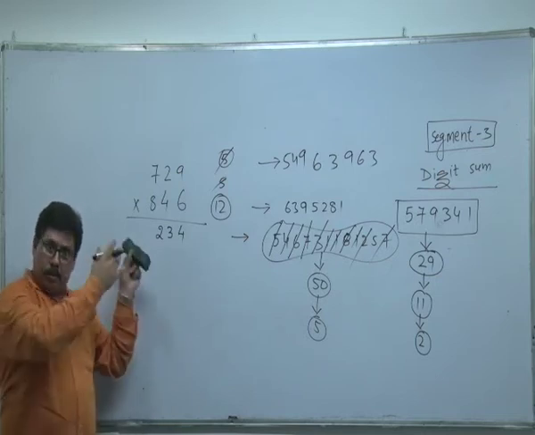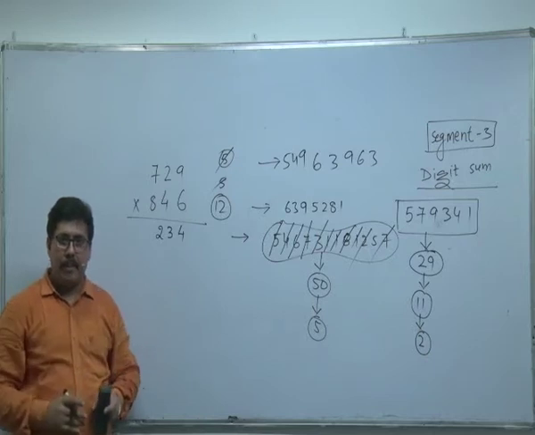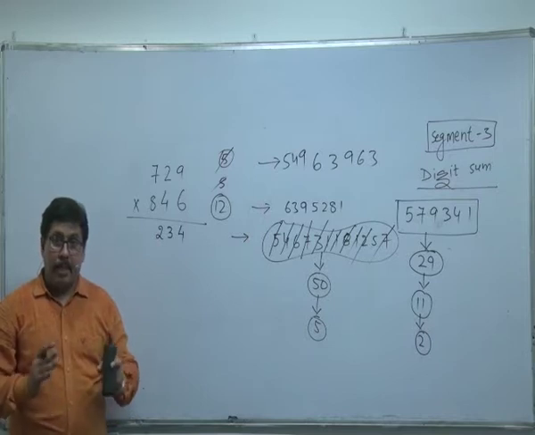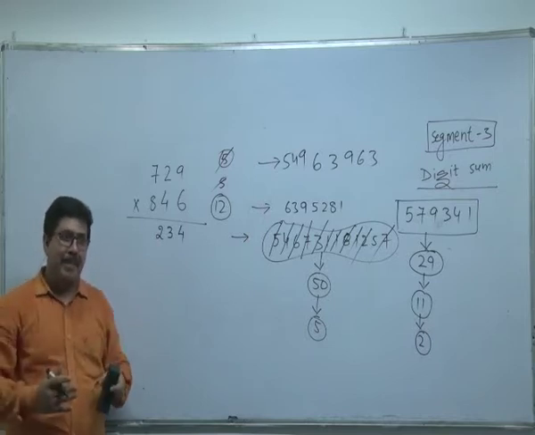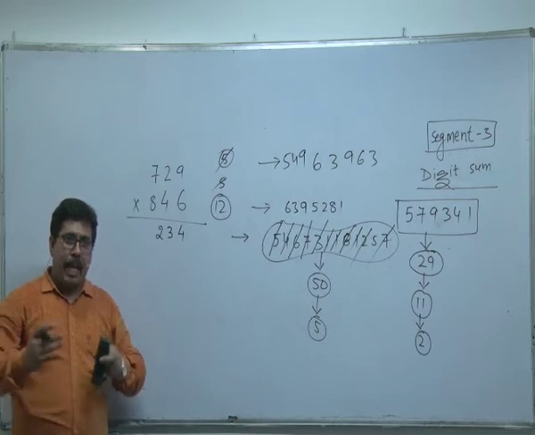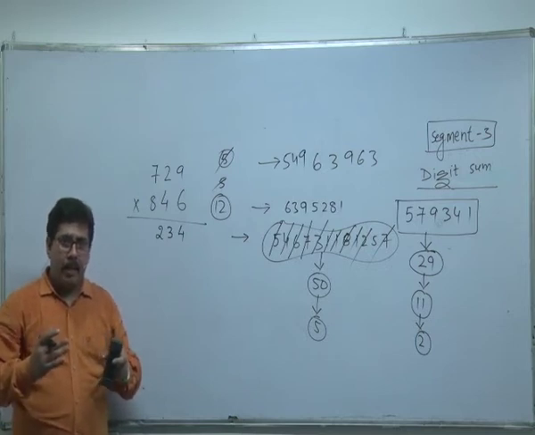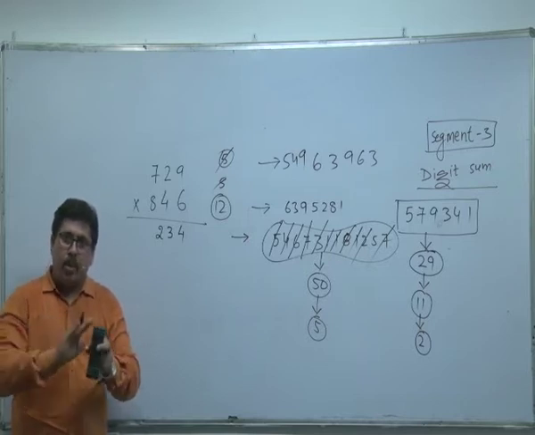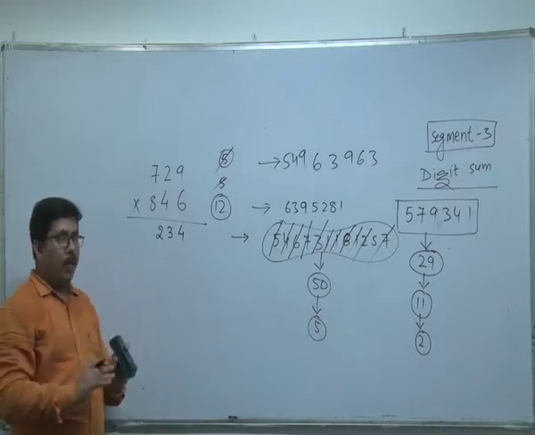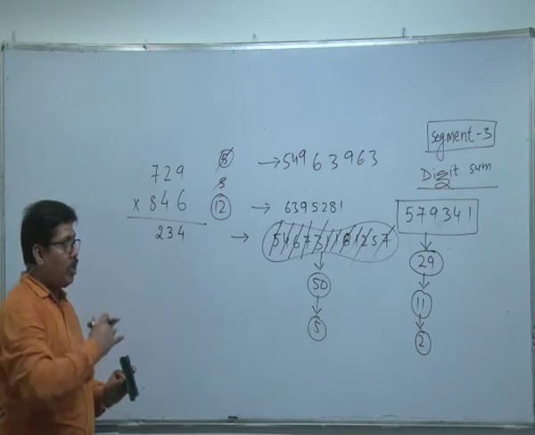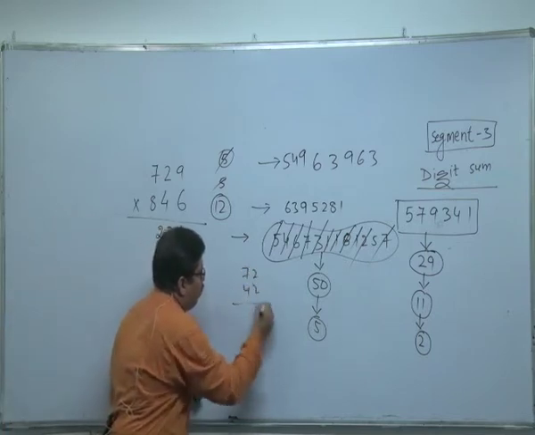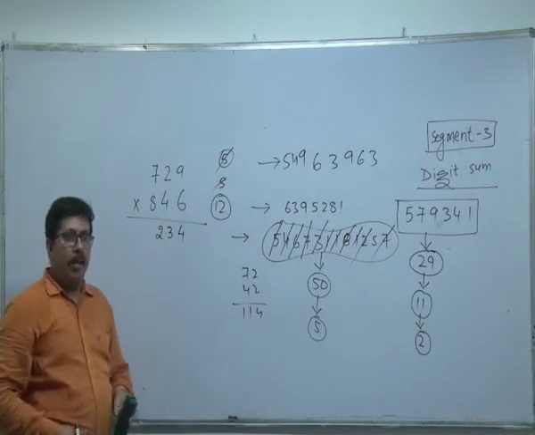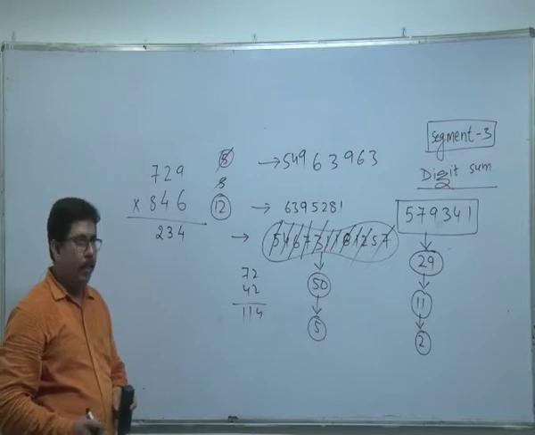Whenever you are using all these techniques to minimize your calculation, what is the prerequisite? The prerequisite is addition of a 2-digit number with a 2-digit number. Your calculation should be super fine. Whenever you add a 2-digit number with a 2-digit number, you should not require any paper and pen. For example, 72 and 42, we are not supposed to write like this: 2 and 2 is 4, and 7 and 4 is 11. Then what is the advantage of using all these calculation techniques?